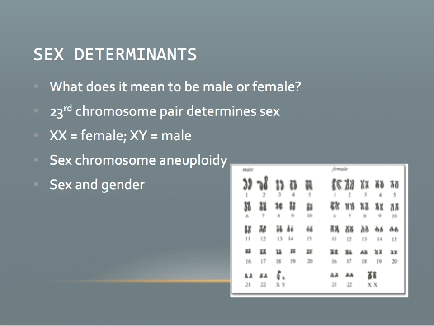So if people are born and have two X's and a Y, so they're XXY, as opposed to just XX or XY, this is Klinefelter syndrome. Klinefelter's syndrome occurs in 1 in 500 to 1 in 1,000 people. Generally speaking, it results in sterility or at least reduced fertility.